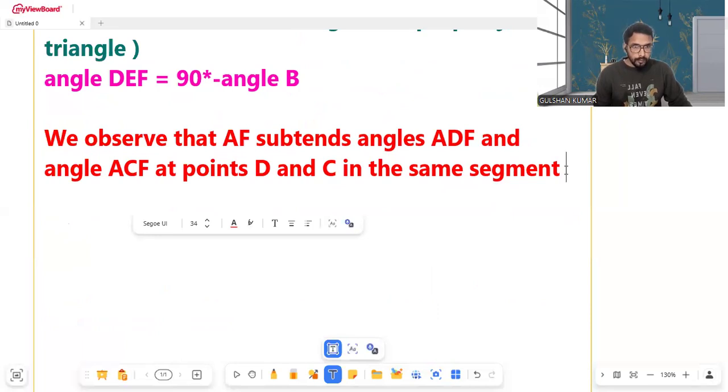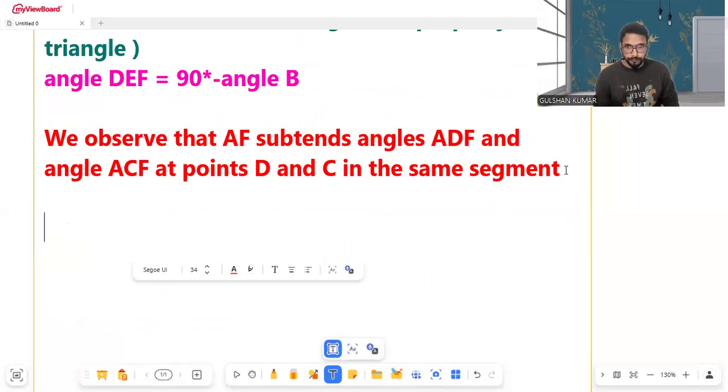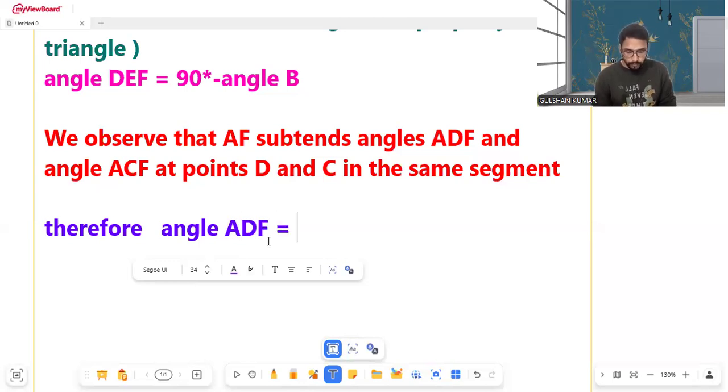Okay, now it is clear that therefore, what will happen? Angle ADF will be equal to angle ACF. Okay,